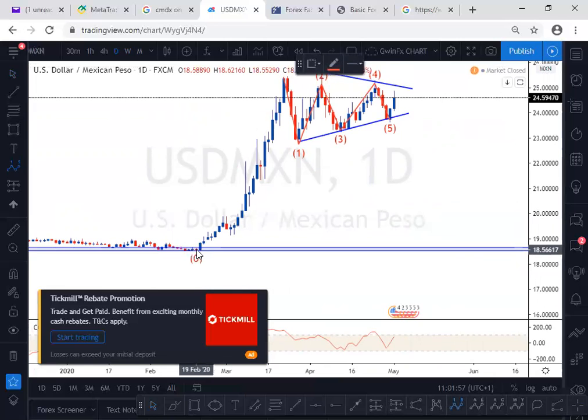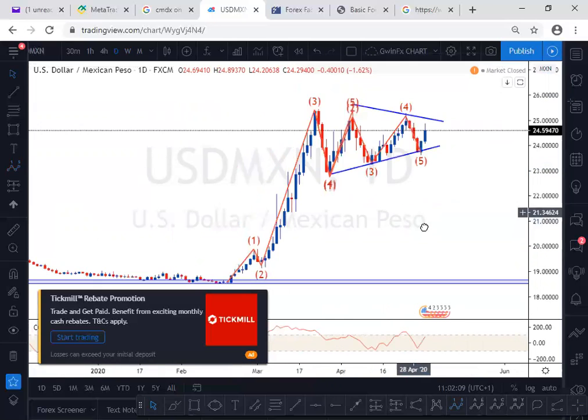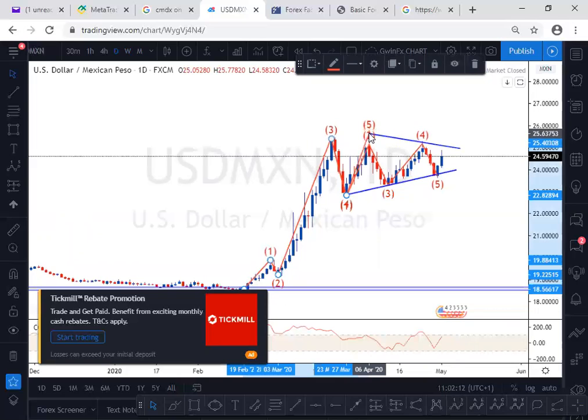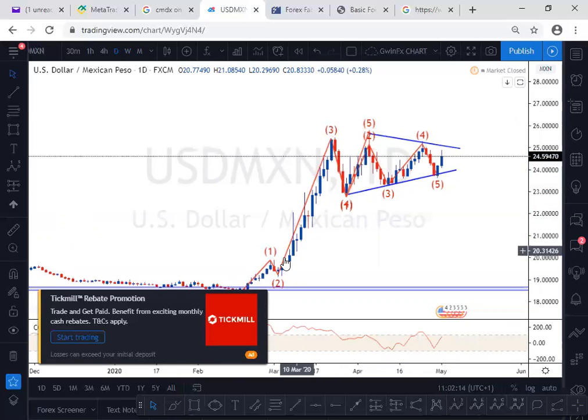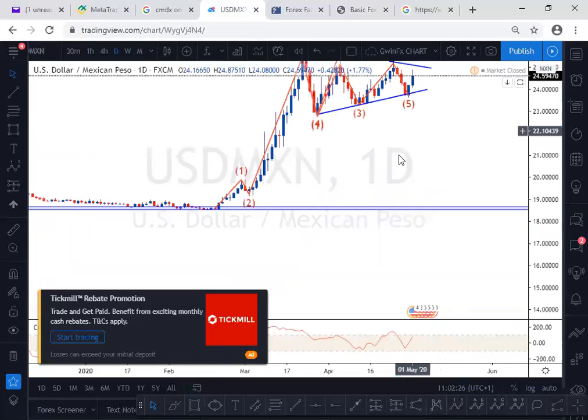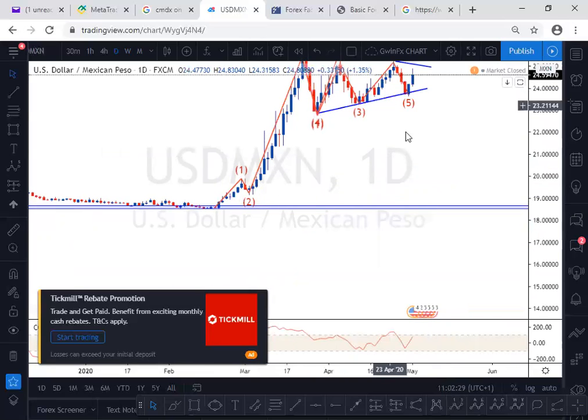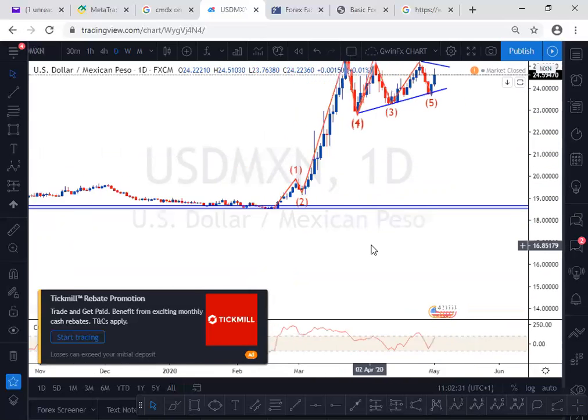I have my wave 1, the 0 to 1. My wave 2 is a shallow one, and my wave 3 up here, my wave 4 here, and my wave 5 up there, with wave 5 in the zone. So we have a five-wave move to the upside. What do you want to see? You want to be seeing a correction. This is wave 5 and these are the highest points. From this point on, we can expect a bounce off this zone, and we will be looking to take price back at least to correct into the wave 4 before making another push to the upside.